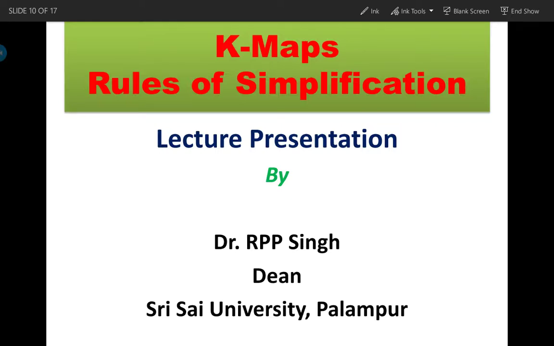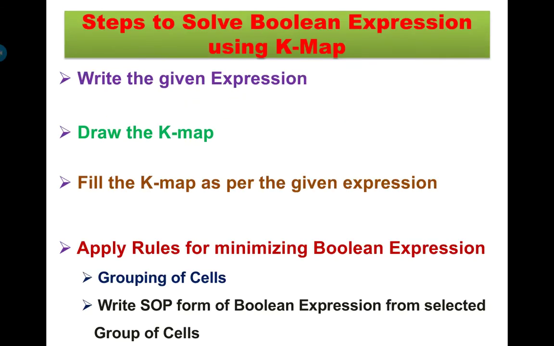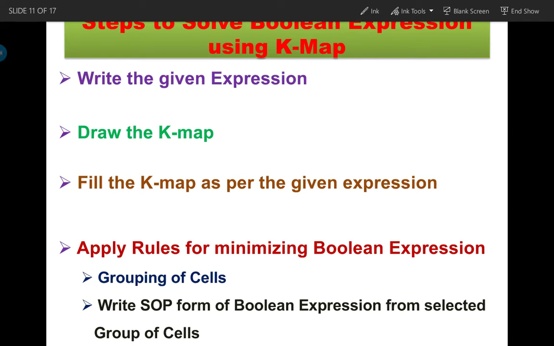In this lecture, we will see different rules for simplification of K-map. So, in the last lecture, we have seen that there are different steps for solving the Boolean expression using the K-map. So far what we have done,